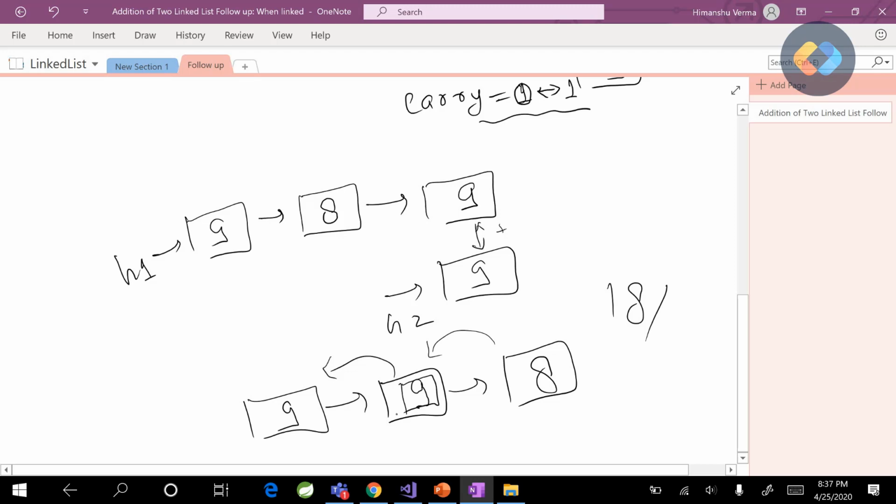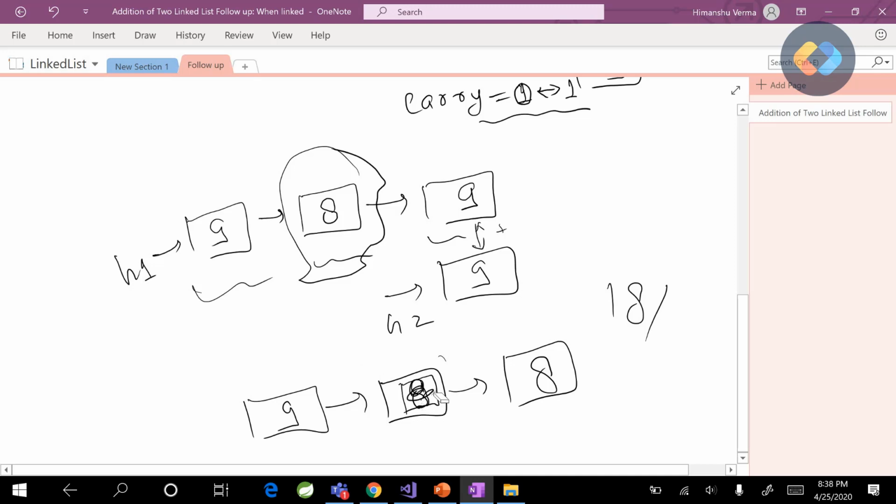So what we saw from this example is that if we have any node in our output which has a value less than 9, our carry will not be propagated behind that node. That's what we have learned from this example.